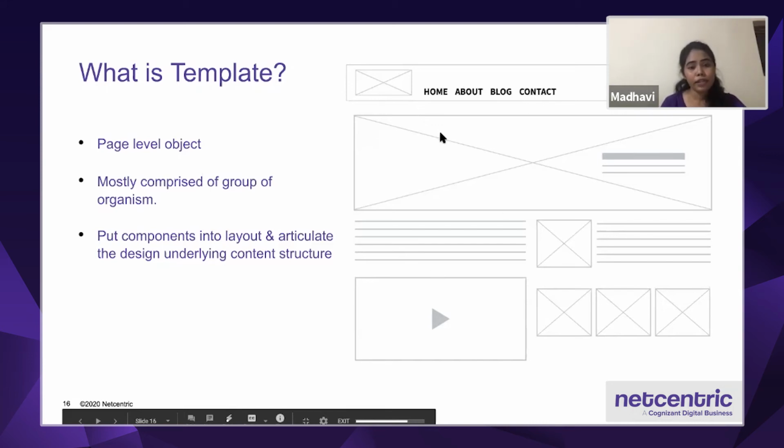Another important characteristic of the template is that it focuses on the page's underlying content structure rather than the page's final content. That is the most important characteristic of the template.